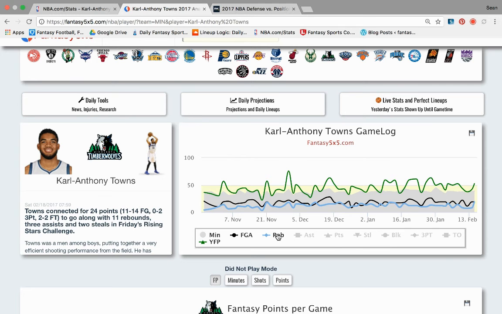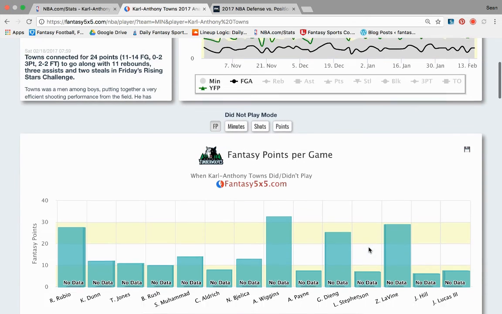Okay. The nice thing about this is that you can see when players are spiking. You can see when players are slumping. You can see when players are doing more on the peripheral side because you can turn on assists, points, steals, blocks, three-pointers, turnovers, etc. Okay. If you're trying to better understand